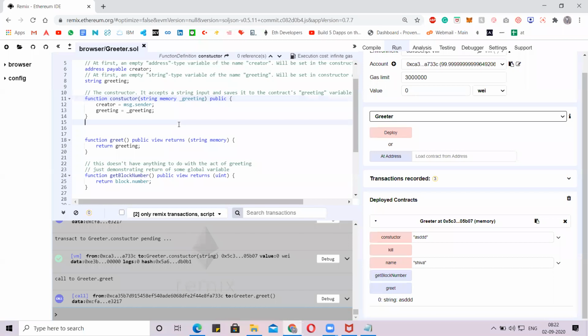Now, message.sender is also an inbuilt param we get from Solidity. If you use message.sender, the address of the person who deploys the contract will automatically get assigned to another global variable which we want to assign it to. It helps us in getting the address of the person who has deployed the contract.